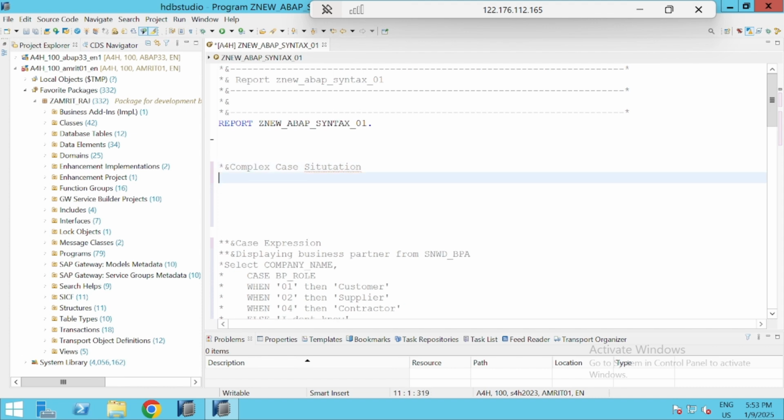For example, let's say I want to display my sales order ID and gross amount from the same SNWD_SO table, and if the gross amount is higher than 1 lakh, then we will display some value. If it is smaller than that, we will display some other values. Let's check that, a complex case situation. So select sales order ID, gross amount,